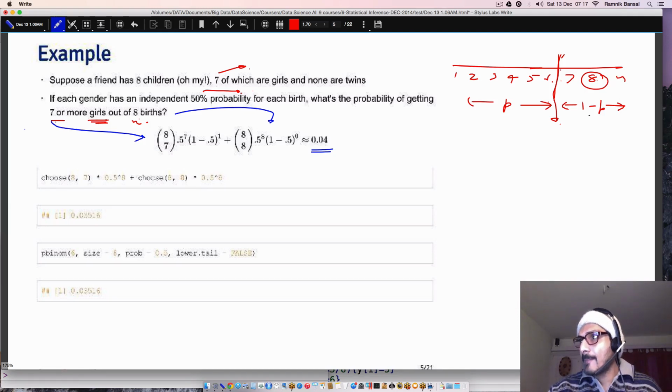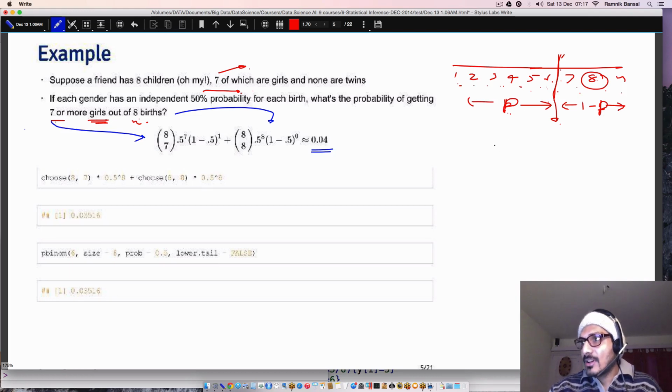So one is n, and the other is p. This probability is different, right? Let me put it as capital P. It is the sum of all the probabilities, and this small probability p is the probability of each of these. They're finite events, because it's a discrete function here, not a continuous one. So each of them has a probability small p.